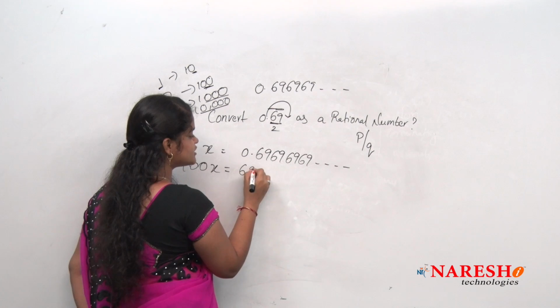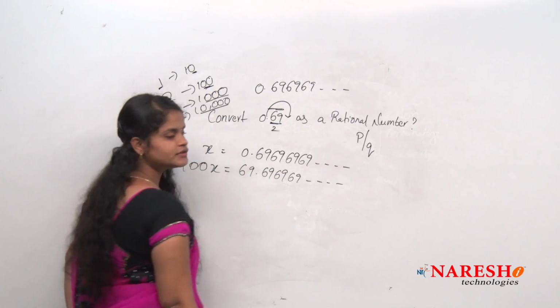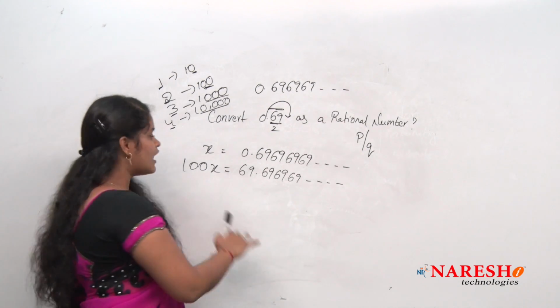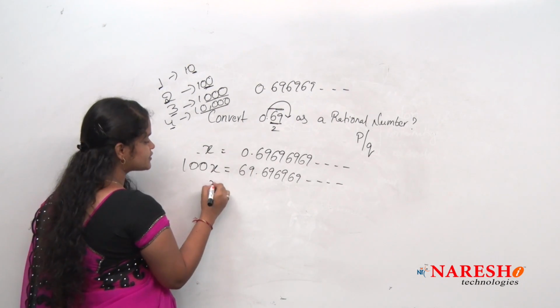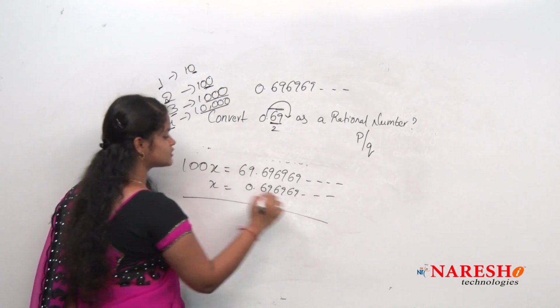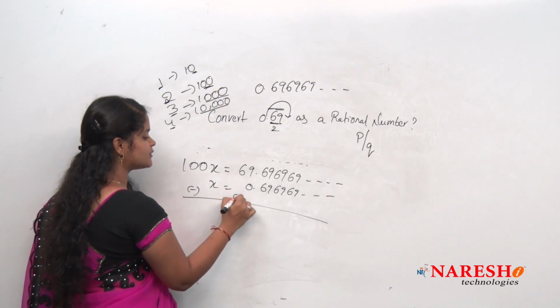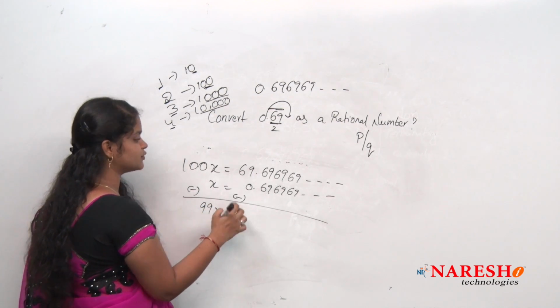So it will be 69.696969 and so on. Okay, eliminate the decimal. For that, what I am doing, 100x, okay, I am subtracting this x value. So from 100x I am going to subtract the x. So it will be how much? 100x minus x, 99x is equals to